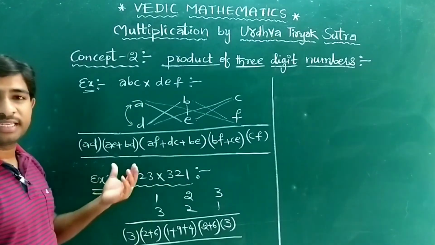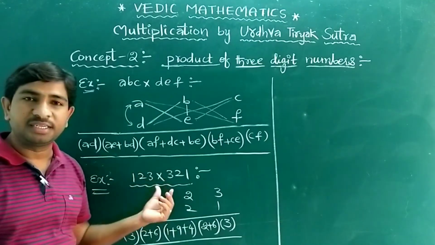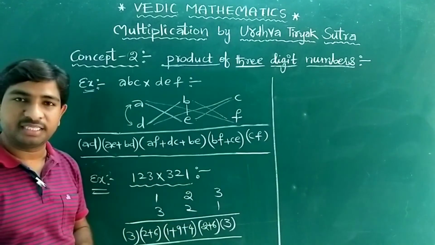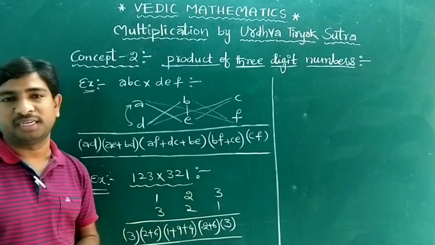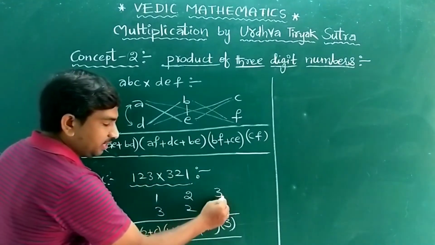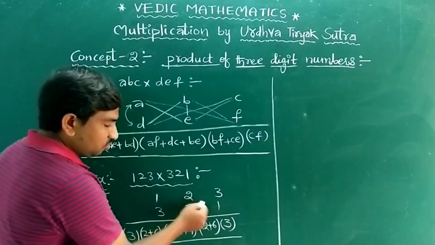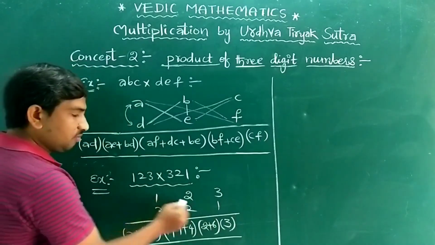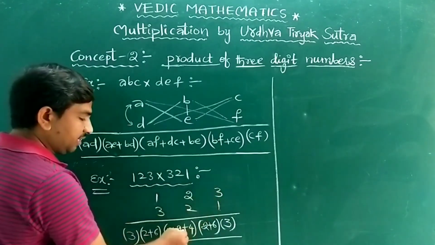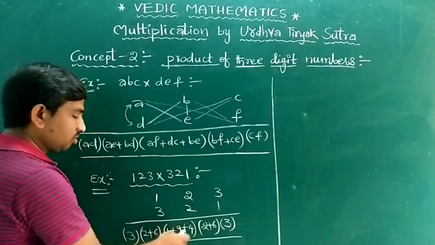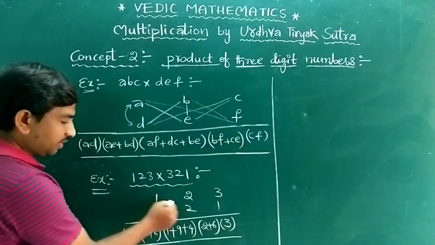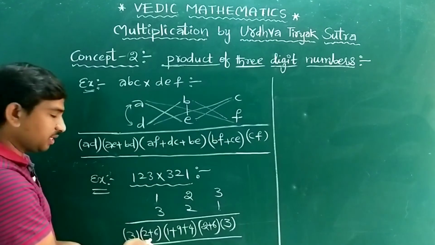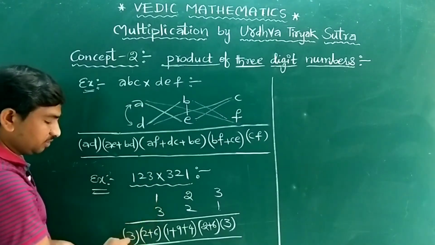And now let us take one example. 123 into 321. How will it be? 123 is one 3-digit number. 321 is also one 3-digit number. So now we have to multiply 3 ones are 3, first step. And next 2 ones are 2 plus 2 threes are 6, second step. And the next 1 into 1 plus 3 into 3 plus 2 into 2, that is 14. So the third part, the middle part, is completed. And the next 1 into 2 plus 3 into 2 is 6, so 2 plus 6 is the fourth part completed, and the final part is 1 into 3 is 3.